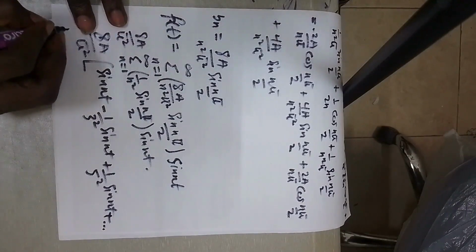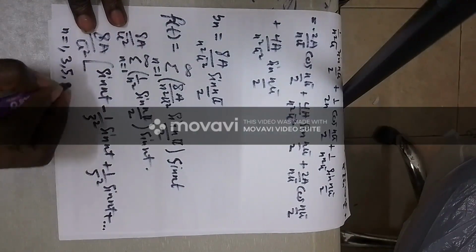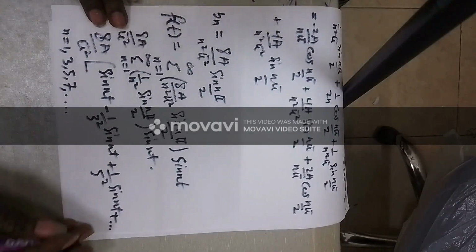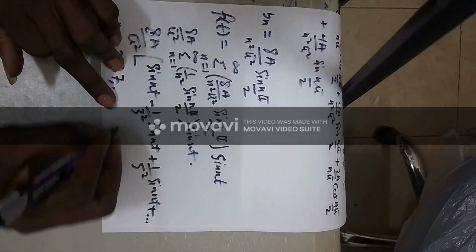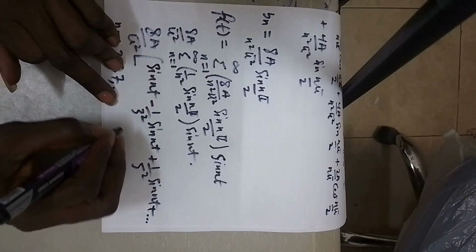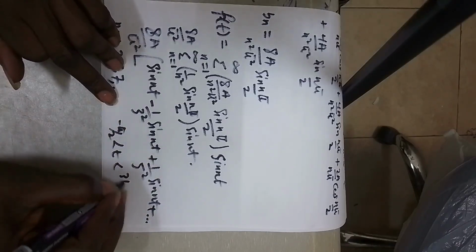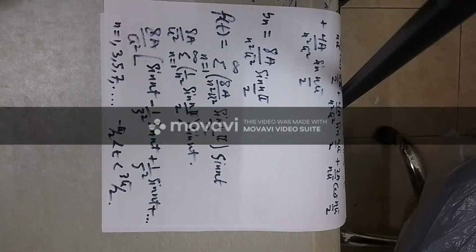So basically, n is defined for 1, 3, 5, 7, and on for odd numbers, because I told you that it's an odd signal. And this is within the interval minus pi on 2 to 3 pi on 2. So, students, this is how you solve this question